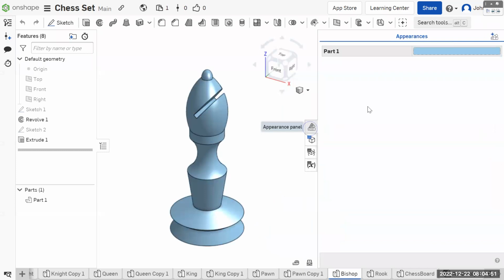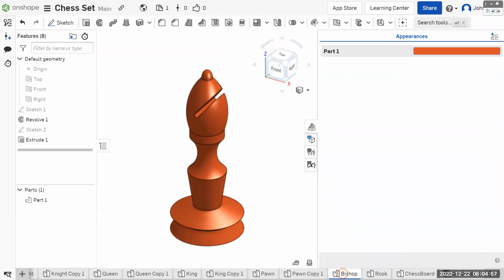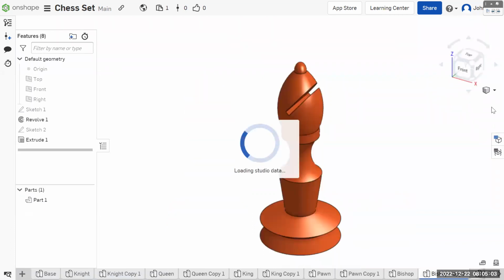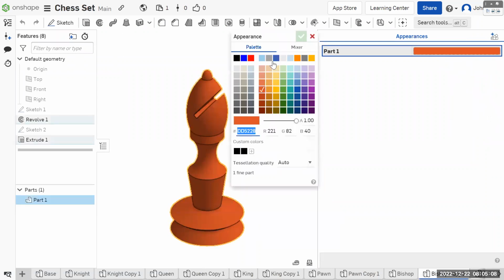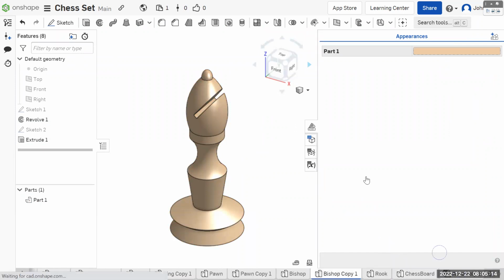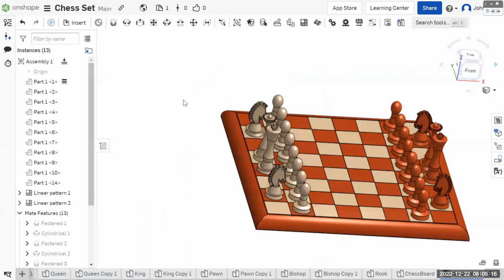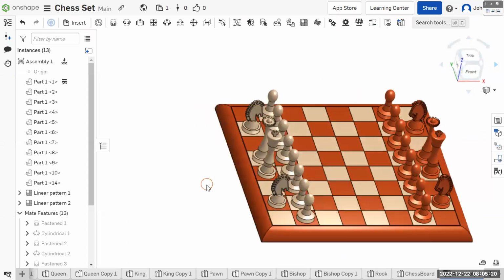No, that's not what I want. I want appearance, edit appearance. For me, that's my first color. And then I can right click, duplicate for bishop copy, and edit this appearance to this one. And I'm already out of space. I need to scroll all the way over. Okay, so this one, we actually should change